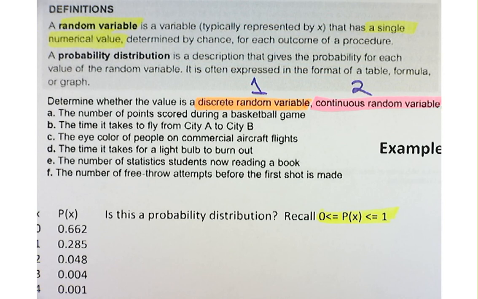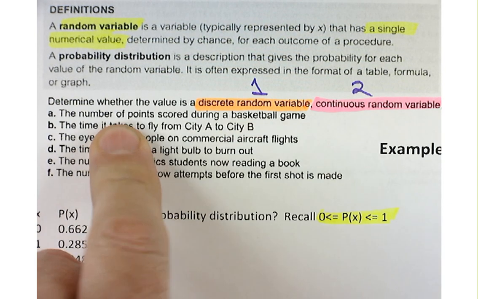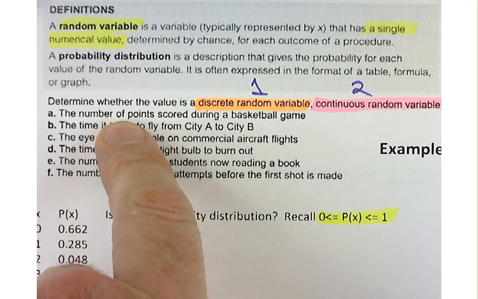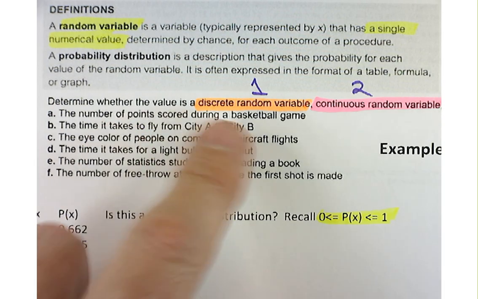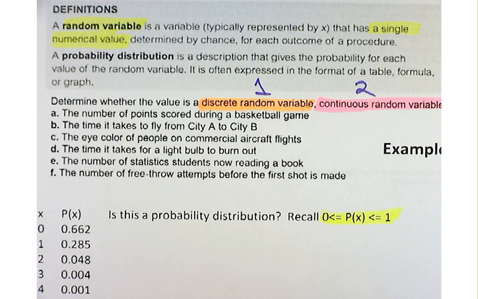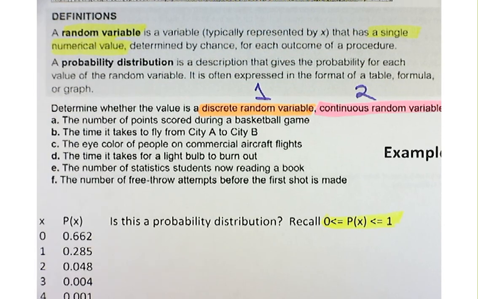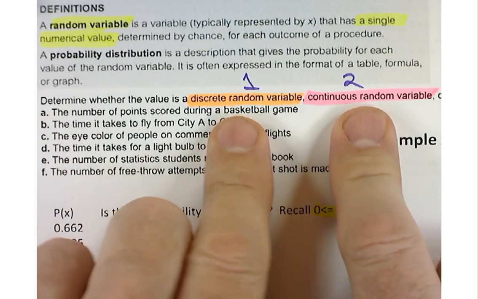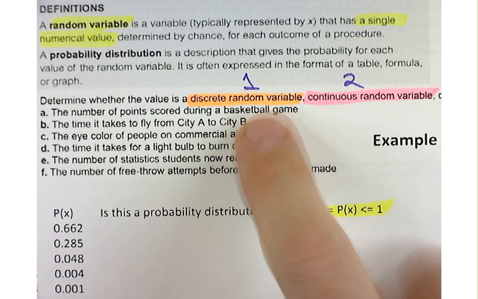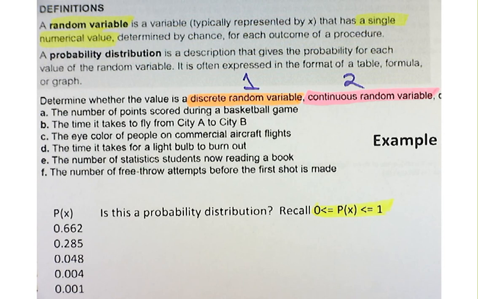Now, discrete random variable means that our choices are just definite numbers, nothing in between. So for instance, in basketball, can you score like a fraction of a point? No, you can't. So your scores are like 0, 1, 2, 3, all the way up to, I think the Detroit Pistons took part in the highest scoring NBA game ever during regulation. It was like 163 points. They beat the Denver Nuggets. Anyways, that's a discrete random variable, the number of points you score. So that would be a 1.